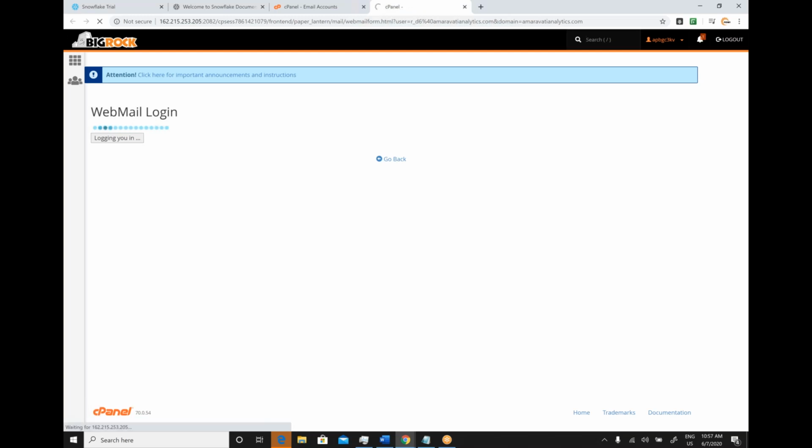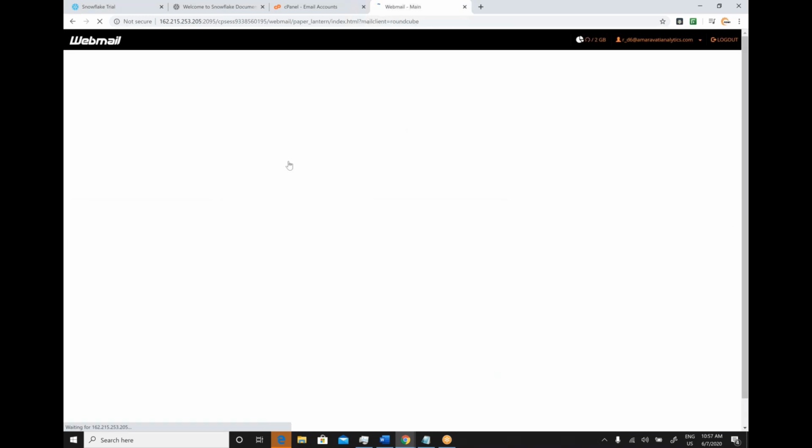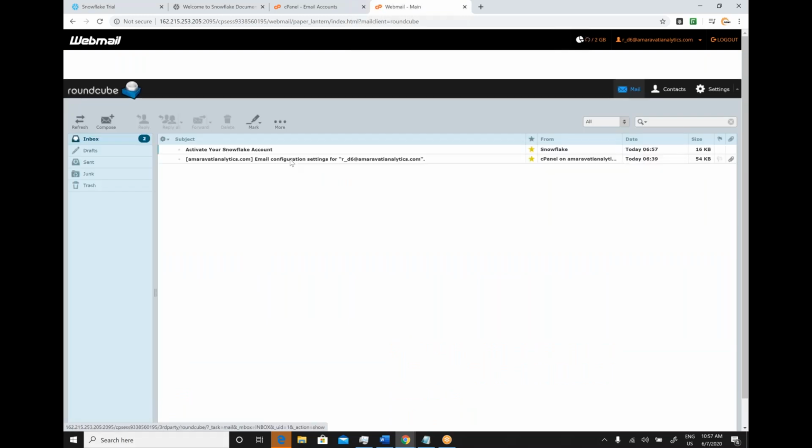Generally, it will take a minimum of 10 to 15 minutes to get a mail. So fortunately, I got a mail immediately: Activate your Snowflake account.